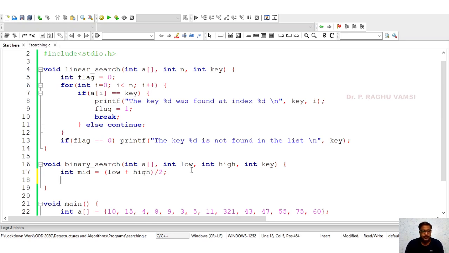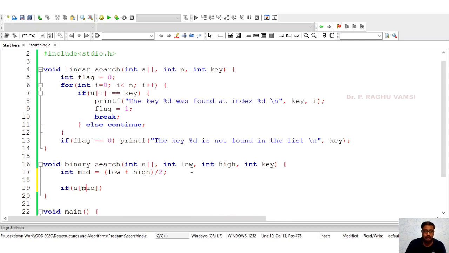Now what are we supposed to do? We are supposed to perform the binary search in the same way till low is not greater than high, or high is not below the low. This condition must be checked before we move on. So first, if the key is less than a of mid, then we need to go into the left side.